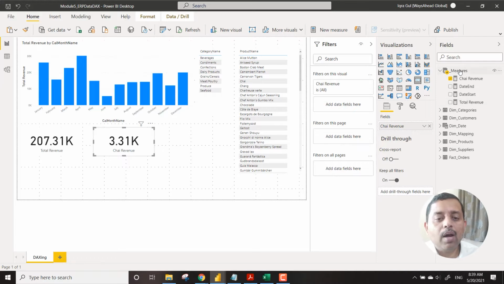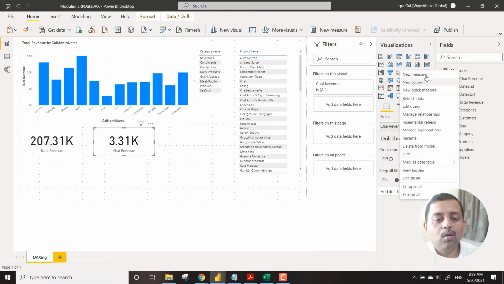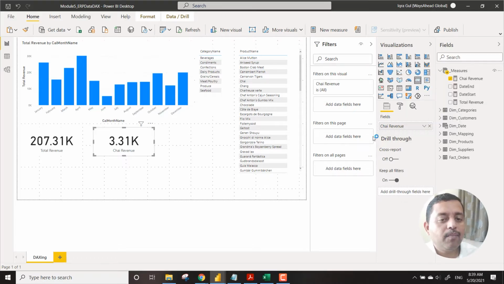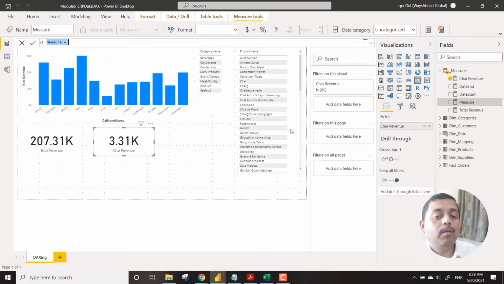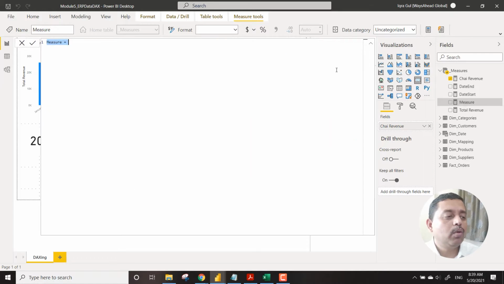So suppose now I'm confident, I can just go to a new measure. This is a categorical revenue, not chai revenue, I say beverages revenue. So suppose I just go here and say beverages revenue, right? And we can use the same option.